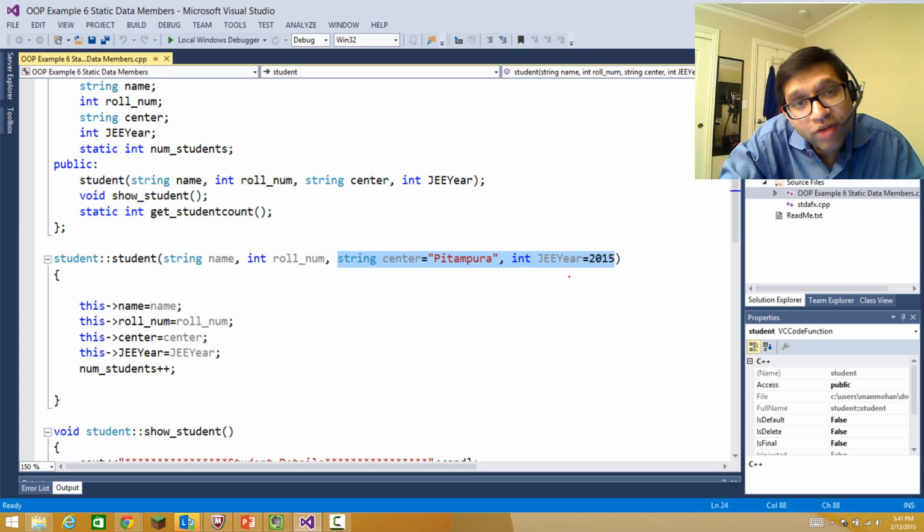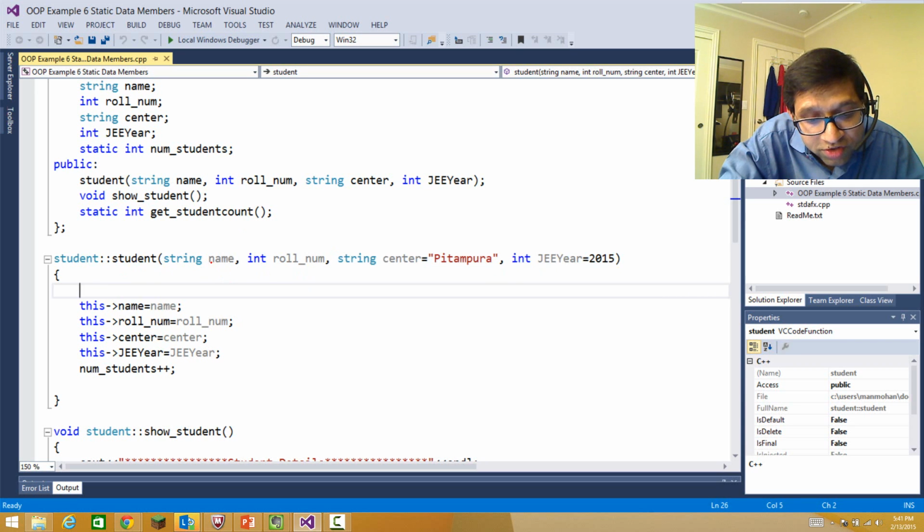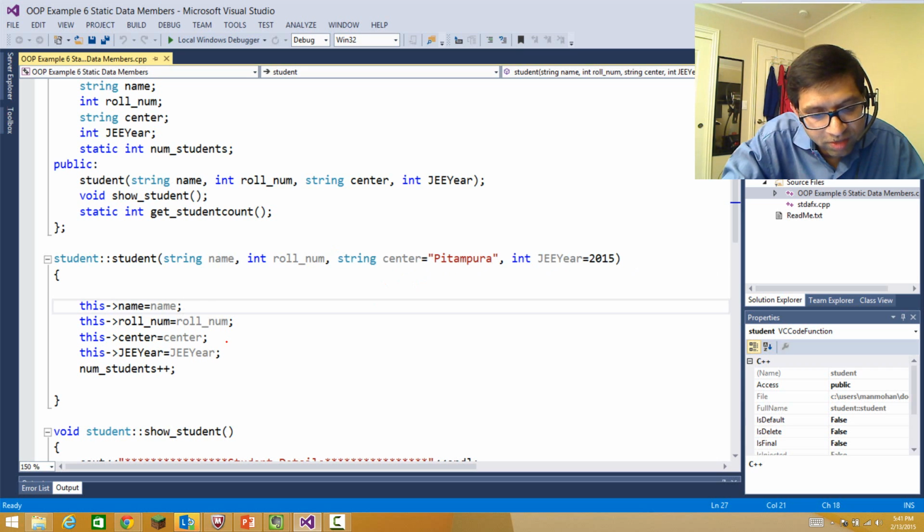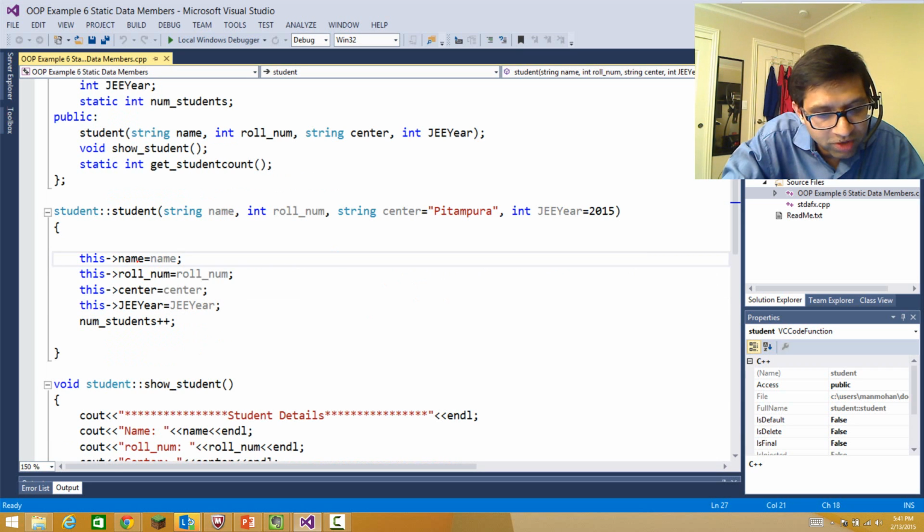ये मैंने default value supply कर दी है. So if I call this constructor, I just need to send the name of the person and roll number. I don't need to send these two values. If I don't send them, automatically it will take Pitampura and year as 2015. So setting up the default values, passing the default values to the constructor. तो ये हम supply कर देंगे values, and then I'm just copying all these to the